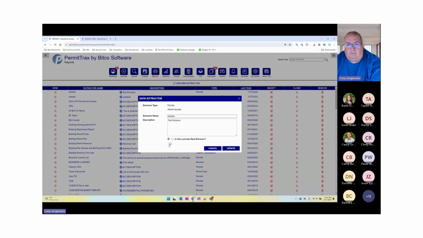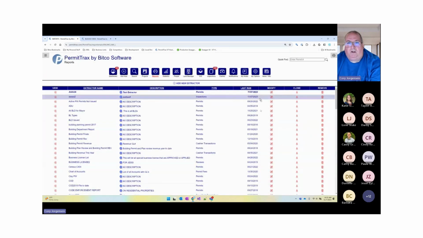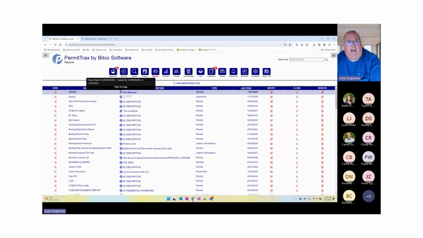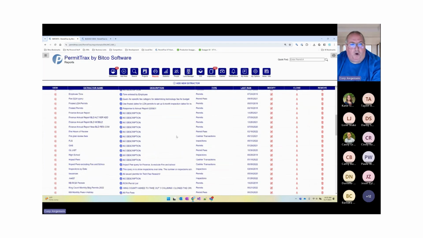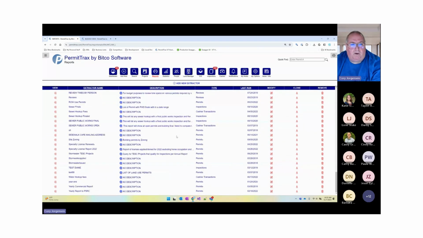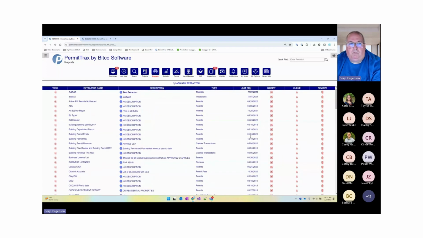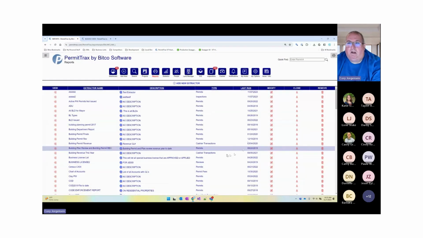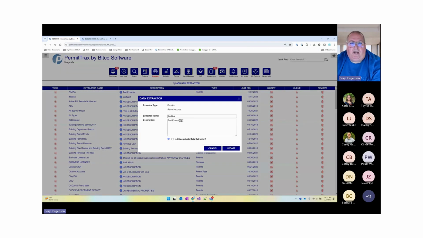You can just go in here and make it private. Once it's private, you can see here, it shows up in bold, and it should say over here that it's a private report by me, and it was created by me on that date. So anything that's in bold will be a private report, my private report. So, uncheck that. But I can take that and clone this data extractor and say,